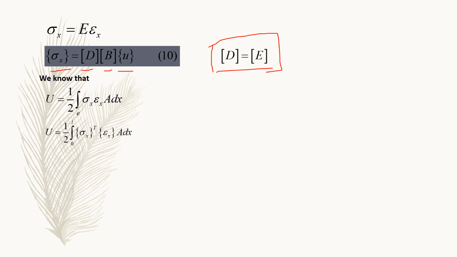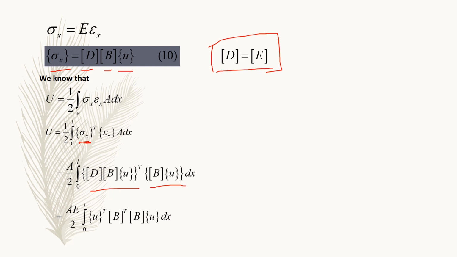Just sigma stress transpose into strain into dx. So we need to substitute these values. Already we know this stress is equal to D into B into U, and strain is equal to B into U. This we know these things. So we need to substitute in the strain energy equation, and we will